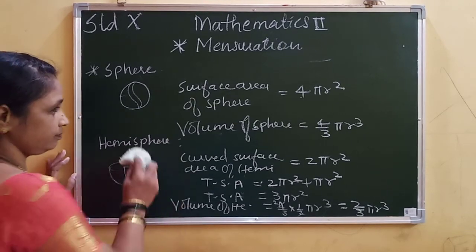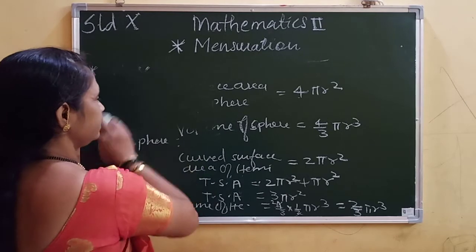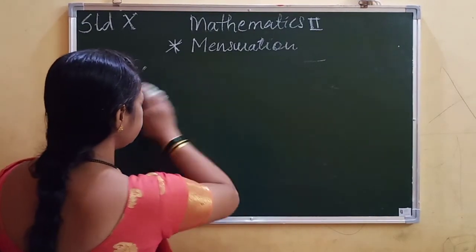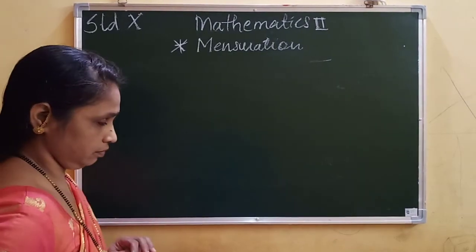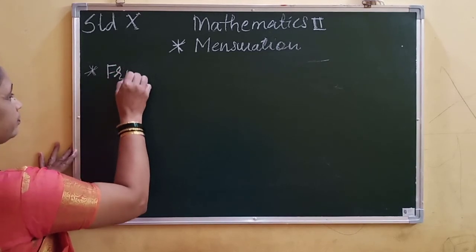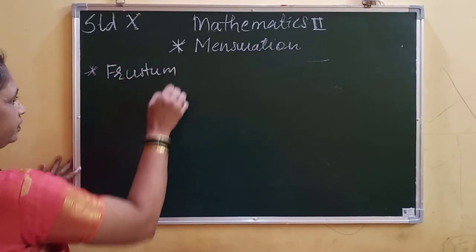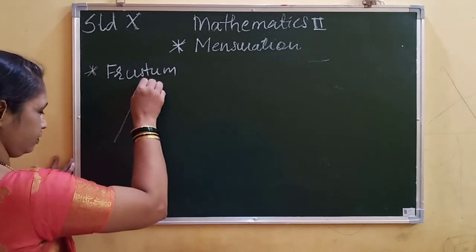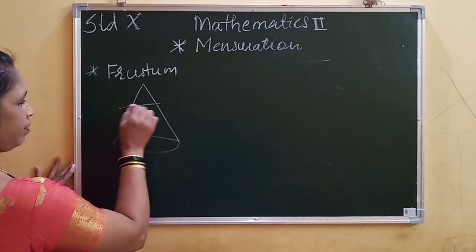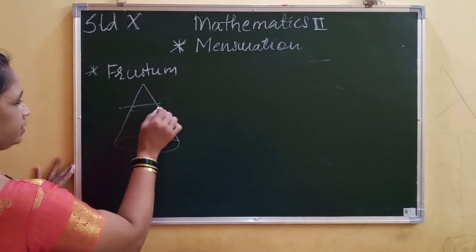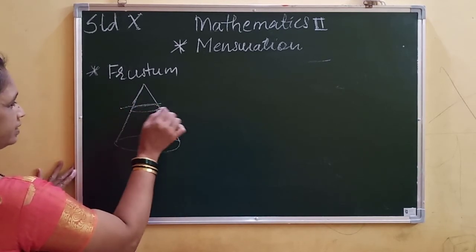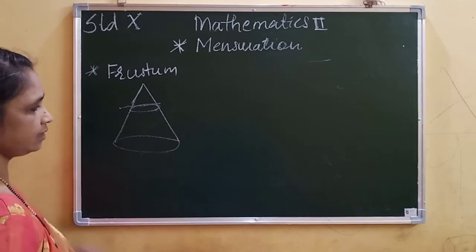That one is the first drum and the other is the cone. The next figure we have to study is the frustum. Now see, this is the cone. If you cut this part, you will get this part as a cone, and the other part which you will get is the frustum.